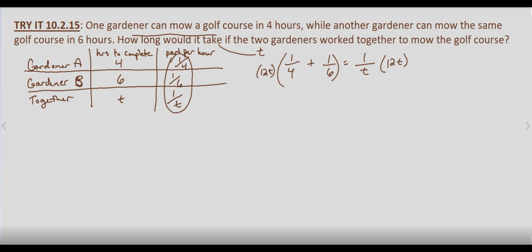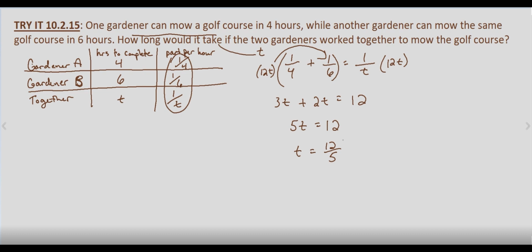Distributing to our first term, we end up getting 12 divided by 4 is 3T, plus 12 divided by 6, we're distributing to the second term now. 12 divided by 6 is 2, and we still have the T, equals 12T divided by T is just going to be 12. So that gives us 5T equals 12, which means T equals